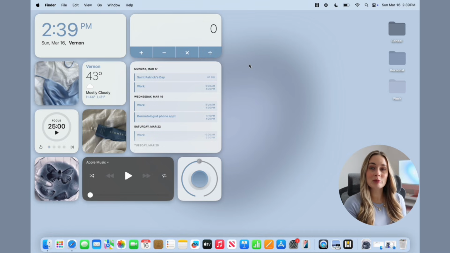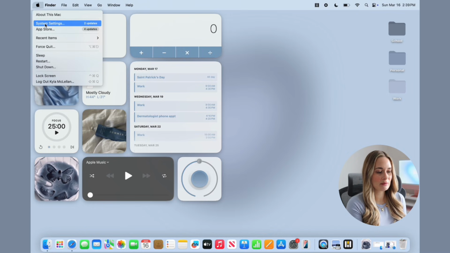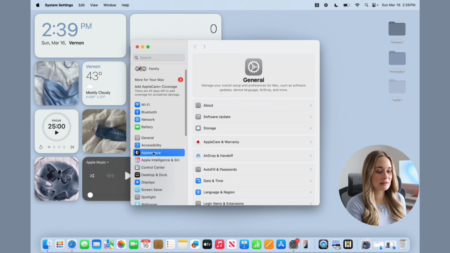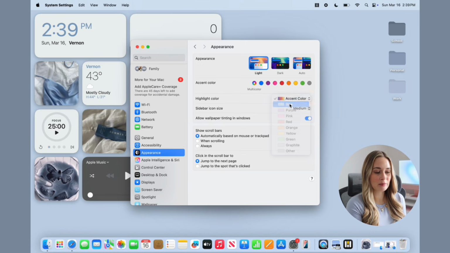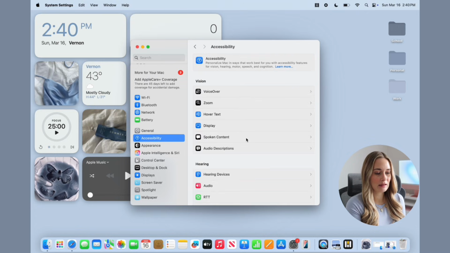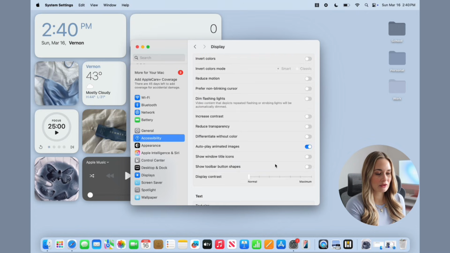Okay, so there's just a couple more things I want to show you guys here. So I'm going to click the Apple logo in the top left and then go to System Settings. And then from here, I am going to click Appearance. And then I'm going to change the accent color to blue just to go with our theme. And the next thing that I'm going to do is go to Accessibility and then click Display and scroll down,